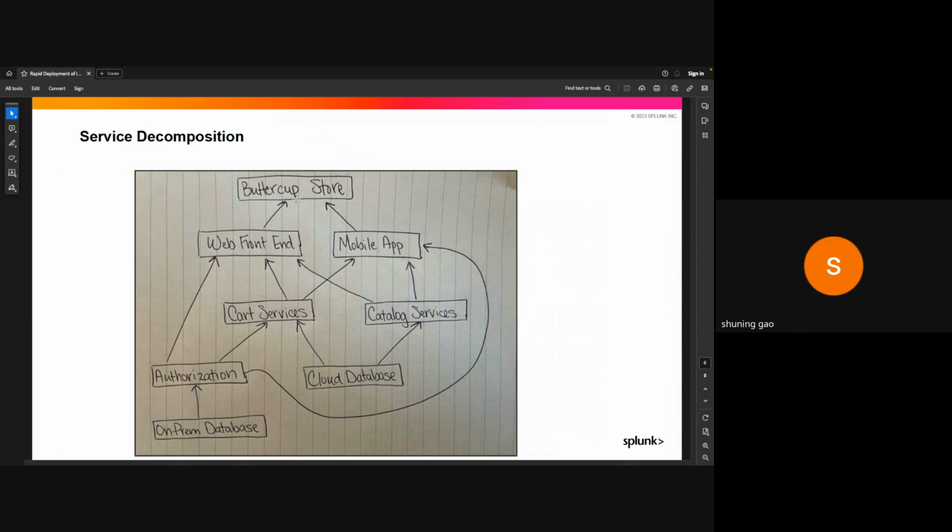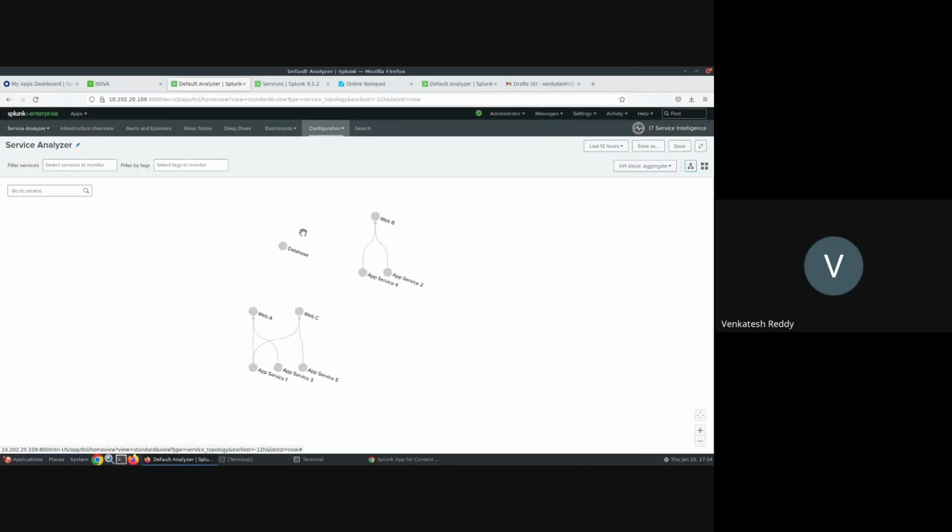I thought you can just create a service by importing the CSV. I noticed you have one extra step, creating a lookup. I was not clear on that. Why did I create the lookup file? The reason is it's easy to upload the lookup file. Since it's just one go, just one click, it created all these services at a single time: Web A, Web B, Web C. There's no need to create them manually.